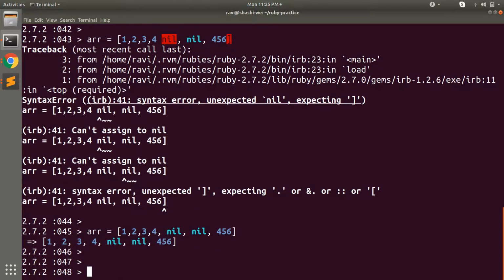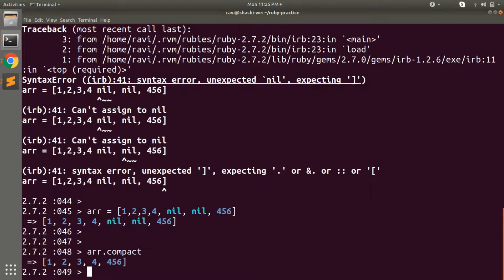Now you can see that this array has two nil elements, but I want to get rid of these nil elements. So rather than writing a script for that, I can simply use the compact method, and it will delete all the nil elements, or you can say it will return an array without any nil element. So use array dot compact, and you will see now the array has 1 2 3 4 and 4 5 6.